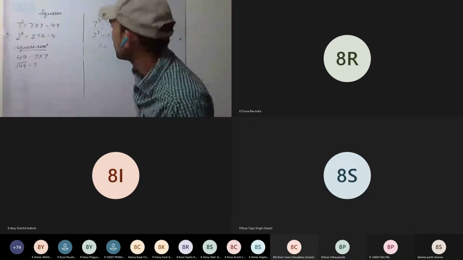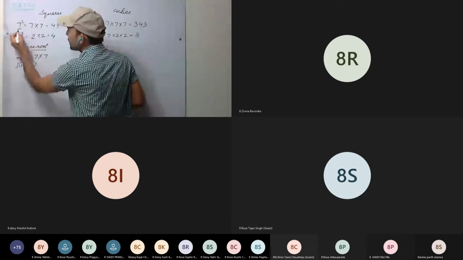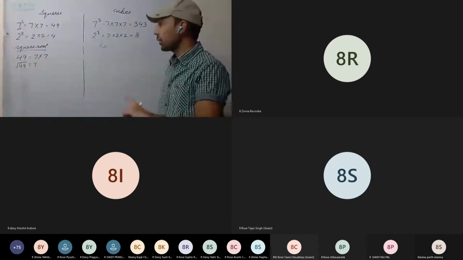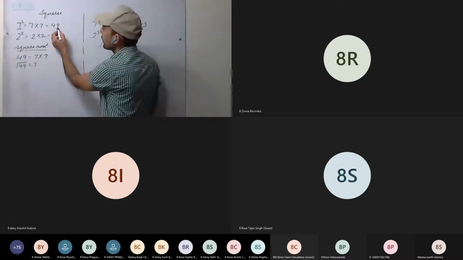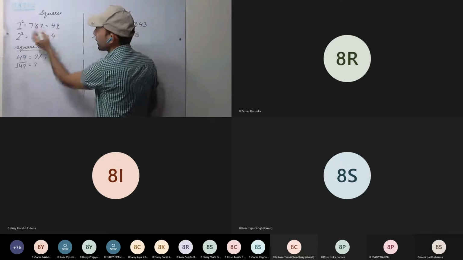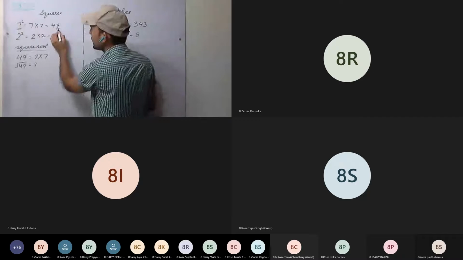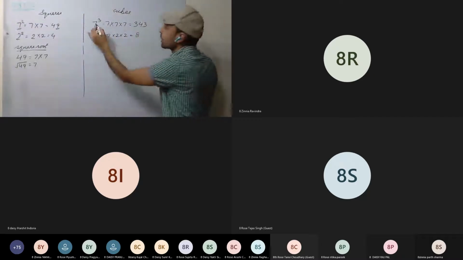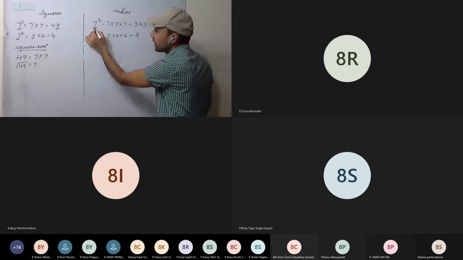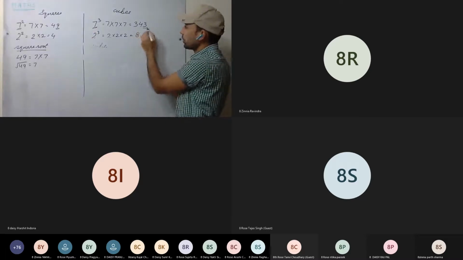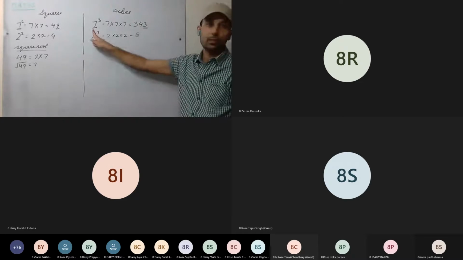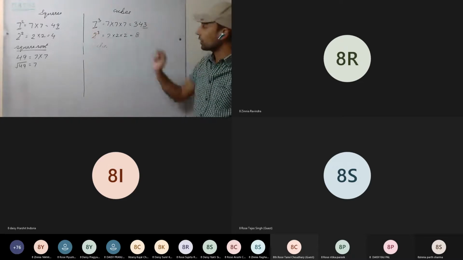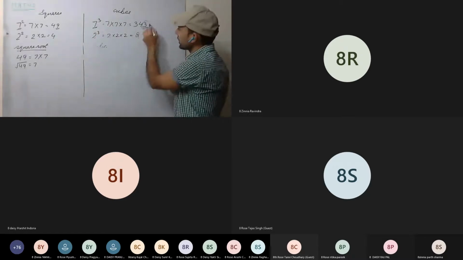Just see here. 7 is odd or even? It's an odd number. Its cube is odd. You can see the unit digit. The unit digit is 9. Now see in cube, if it is odd, we are getting an odd number. So the cube of an odd number is an odd number. The cube root of an odd number is an odd number. Is this clear? So you have to only check the unit digit.